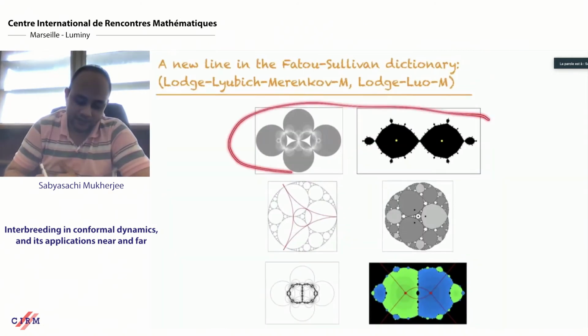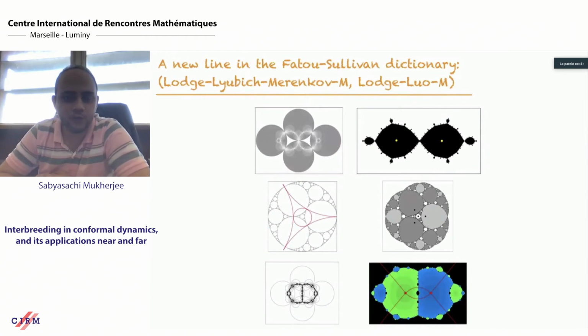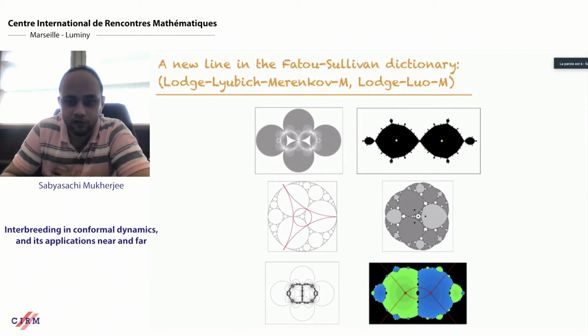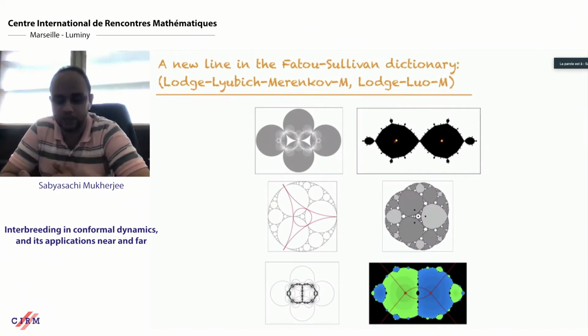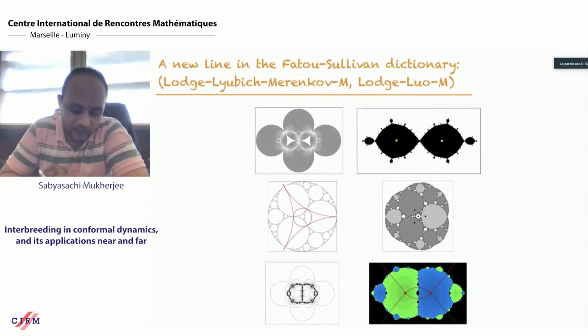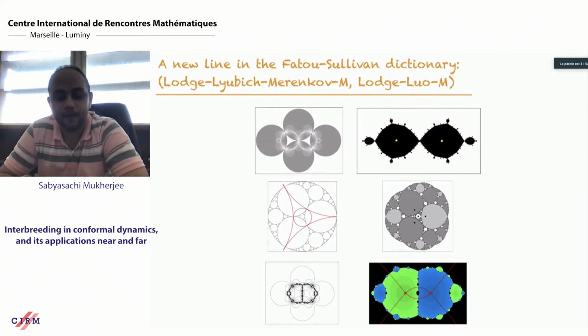this particular picture helps you. So what do we see in this picture? Here is the limit set of a reflection group. And here is the limit set, or the Julia set, of an antiholomorphic polynomial. In fact, critically fixed. It's a cubic antiholomorphic polynomial, both critical points are fixed. And they are identical topologically. The limit set of this one and the Julia set of this one look homeomorphic.